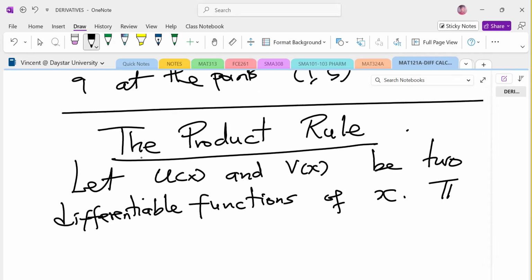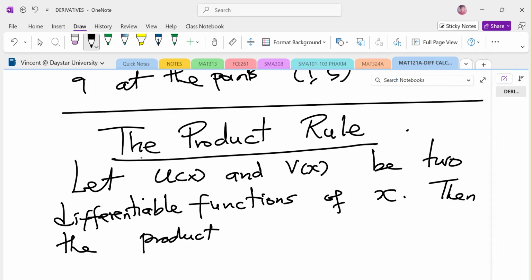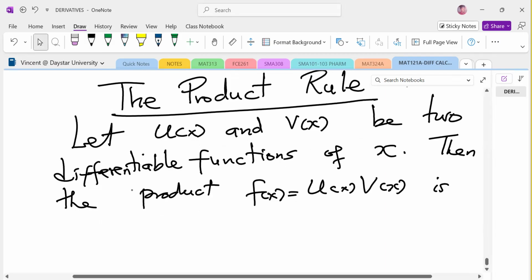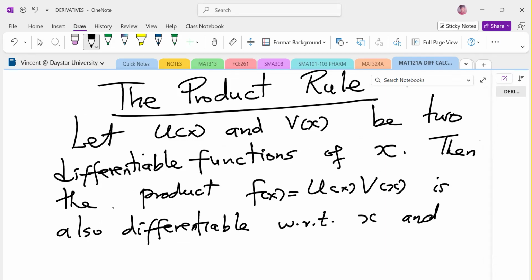Then the product f of x, which is given by u of x times v of x, is also differentiable with respect to x, and we have